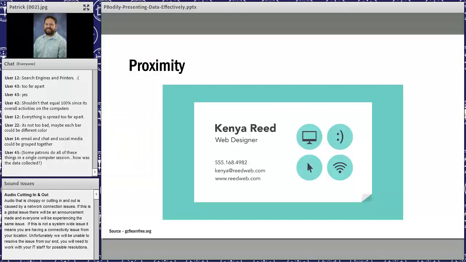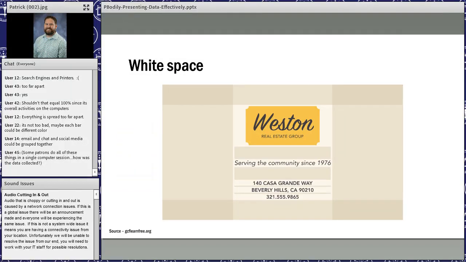For example, you look at this and you say, okay, name and title, that's larger, different font, pulled off to the side. Icons kind of let you know what it is. Let's pull them off to the side one way. And then contact information all together, same font size, same type, all there. That's all that we mean by proximity, is grouping similar things together.